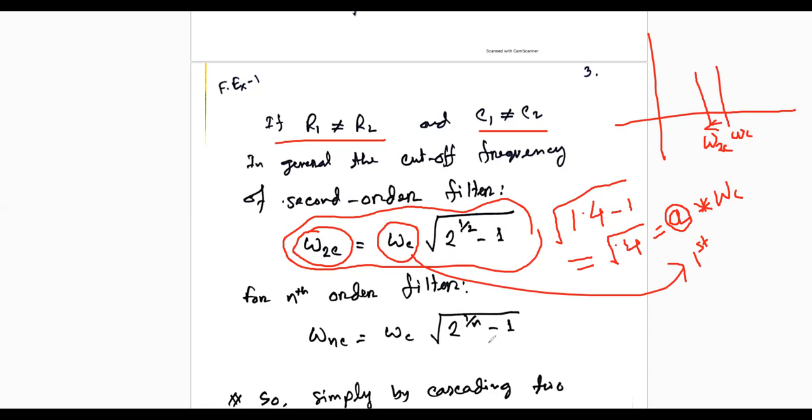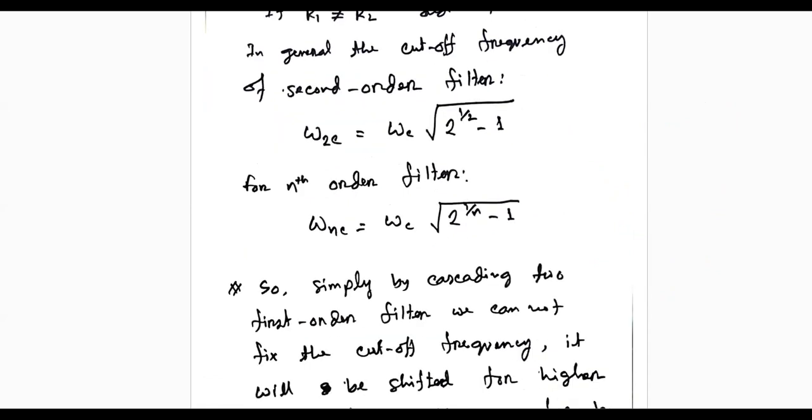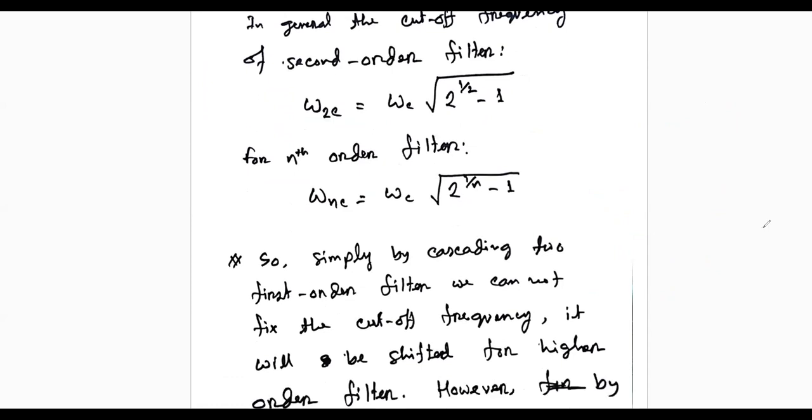For the third, for the fourth, for the fifth, for the sixth, definitely that will shift it more and more. In third order filter, that will be 2 to the power root 3, so what would be the value? Minus 1, and then it will be multiplied with the first order. So whatever the value, it shows that your cutoff frequency will be shifted based on the order of the filter,